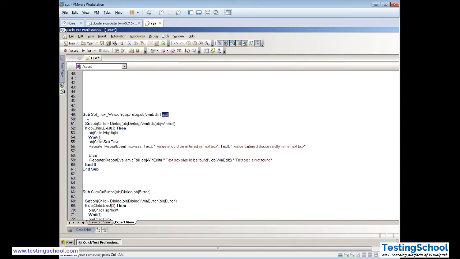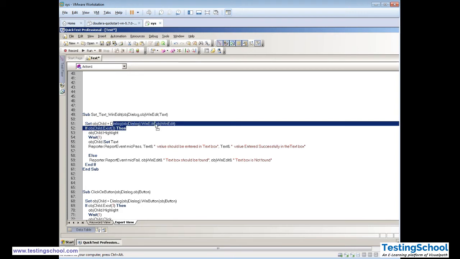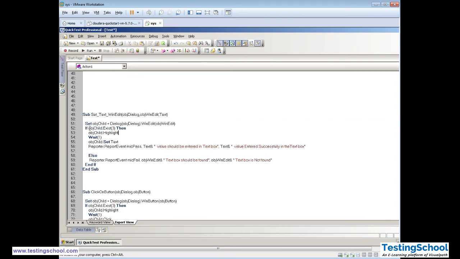What we are doing is saying set object child, so it will hold a set of objects inside this object child. What is the object child? Dialog box and win edit. If this child dot exist, what exists? This dialog box and win edit.